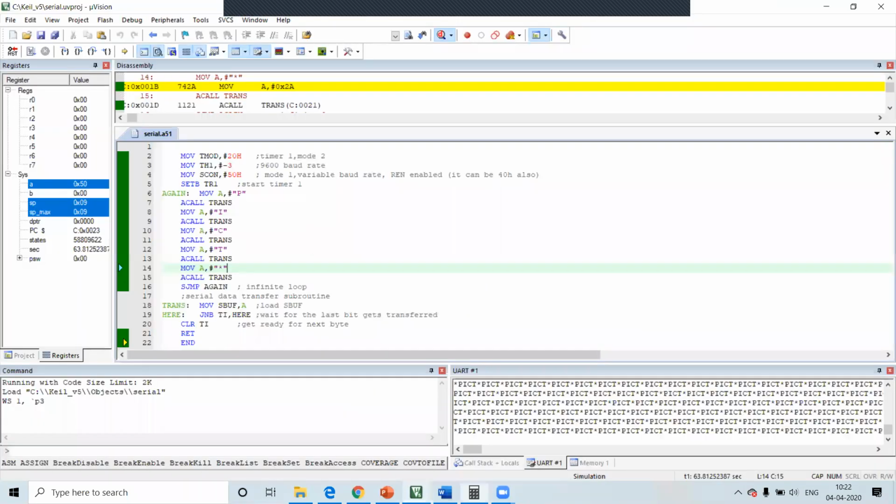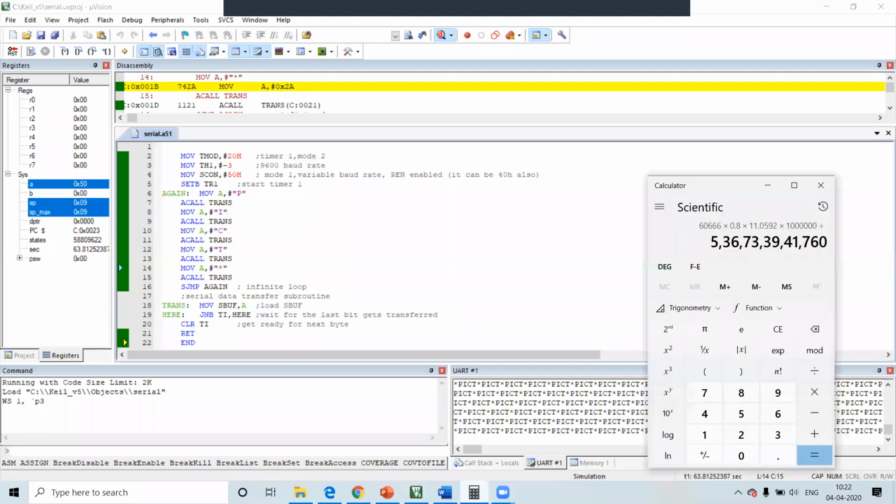Number of states in this case is 588,09622. So it's almost 9,126. You don't get exactly 9,600 because we are not counting the number of states which are used only for the transmission.